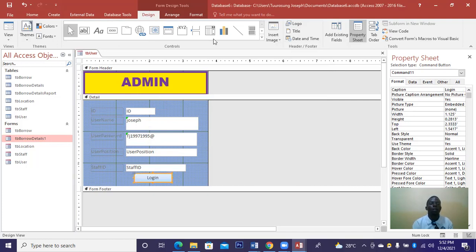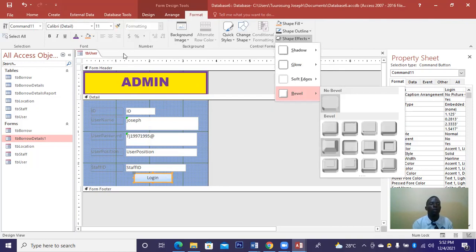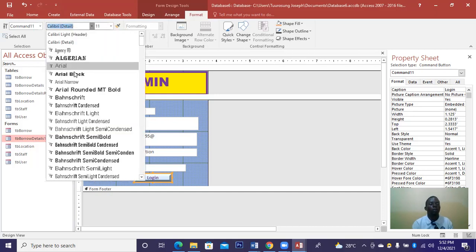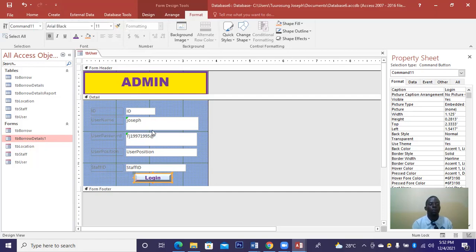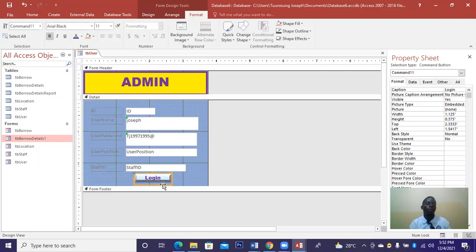Okay, so we now have to put another effect to it. Go to effect as usual, put it there. The color, bold, around. Okay, so we will need to reduce it a little bit. So this is what we have now. When the user enters his information, he just needs to hit it, and it will open for him to